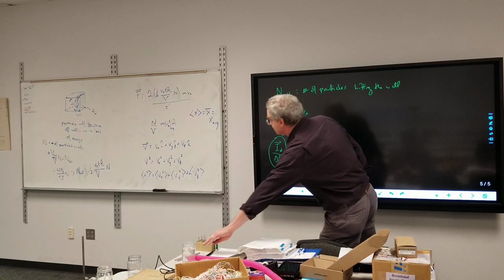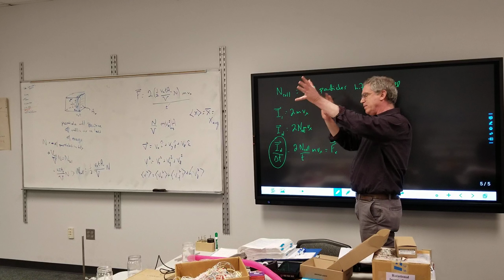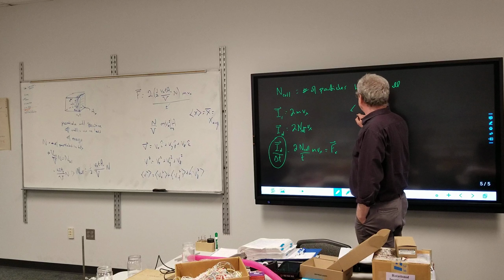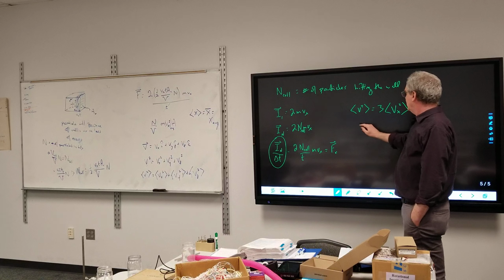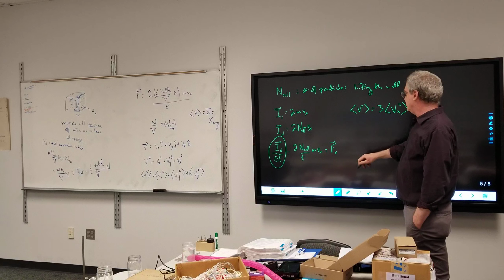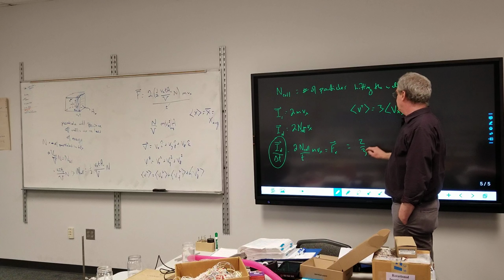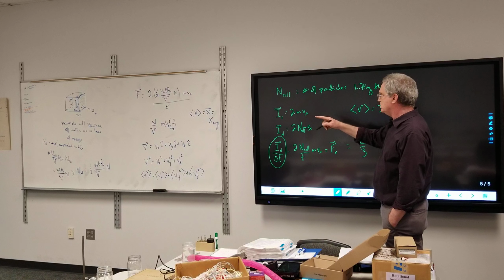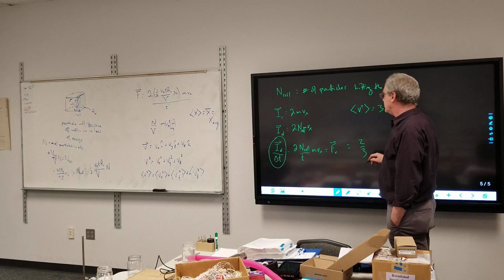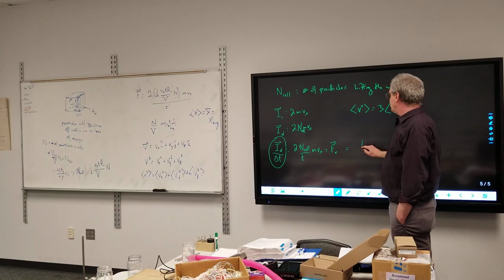Therefore, I'm making the claim, because of the random nature of the particles, that the average value of V squared is just 3 times the average value of Vx squared. So I can now take my equation right there and make a little substitution. Sorry, I have to go from over there. So I got 1/3